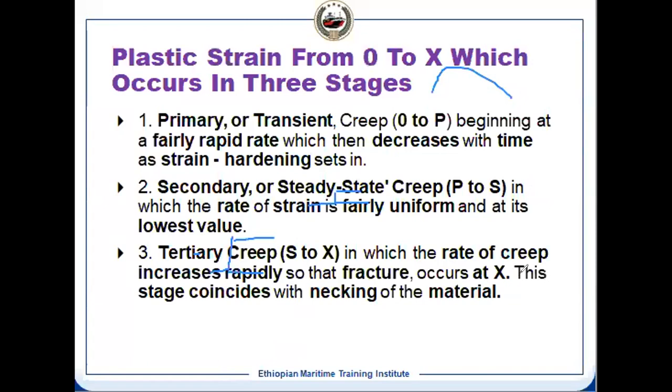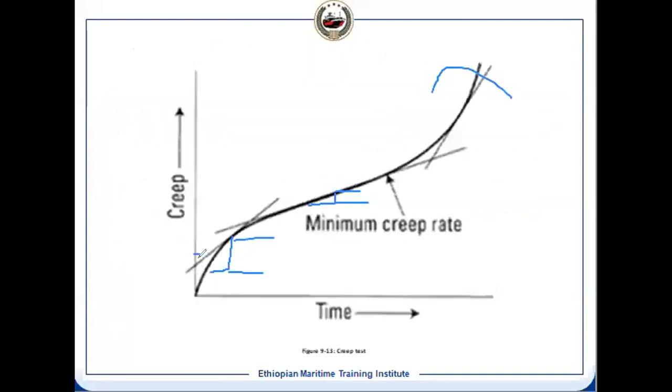So let us see what is written. The same thing is written that I told. The primary is rapid, because the elongation will change rapidly. After that it is reduced, then it will become uniform. Because if you see, the secondary is like a straight line. Here it is a curve. So it will become uniform.